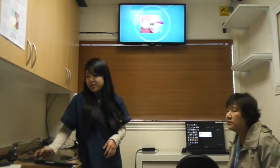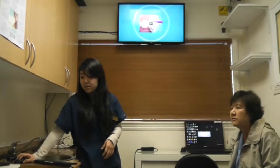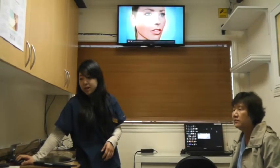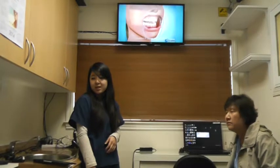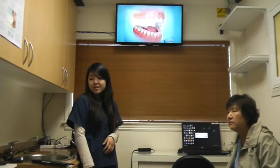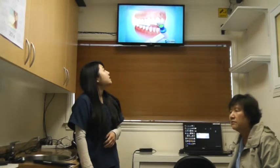Okay, so now we go to bonding, a little video. Okay, it just goes through the steps. So first the retractor is inserted to try to isolate the area. You really want to watch out for saliva because that can mess up the bonding. And then next they're going to